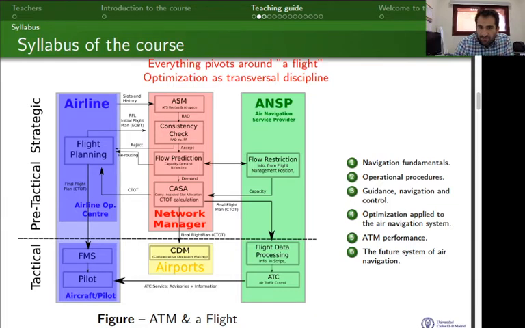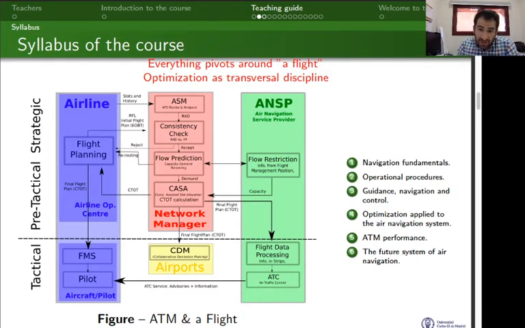So we have different temporal layers: tactical, pre-tactical, strategic. Strategic means months before the flight takes place, down to the operation, the tactical phase, the execution of the flight. And we have different agents involved: the airline on the left hand side,